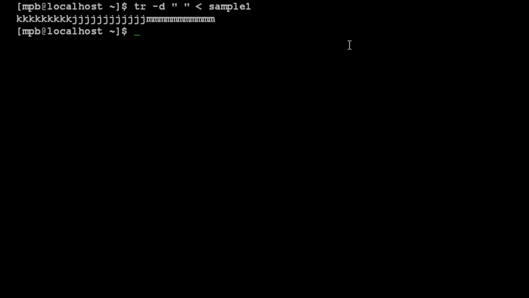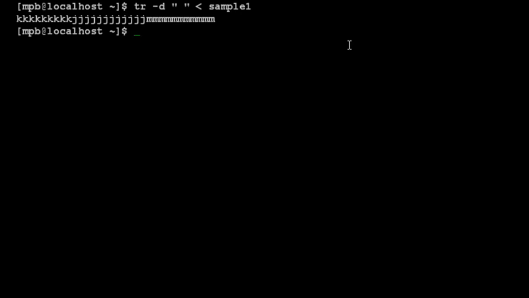So up till now we have seen three uses of tr command. One is to translate one character set into another. Second is to squeeze the multiple occurrences of alphabets and spaces into one occurrence, and third use is to delete multiple characters or to delete the particular alphabet or a space from the file.